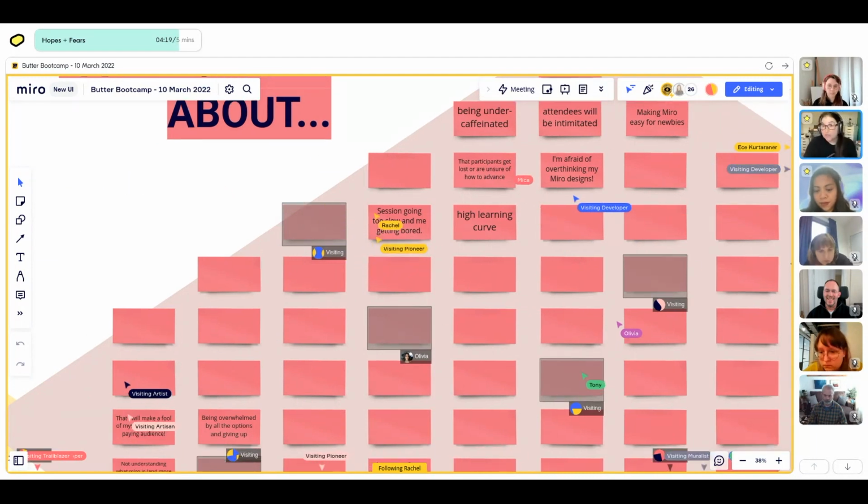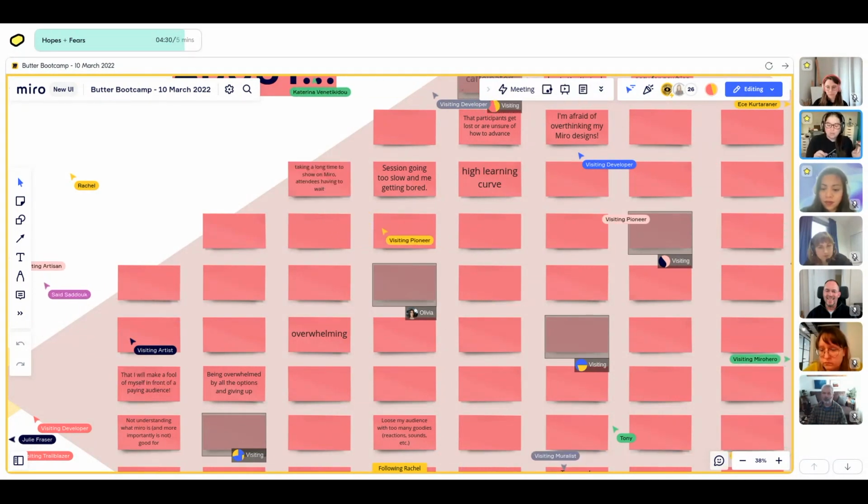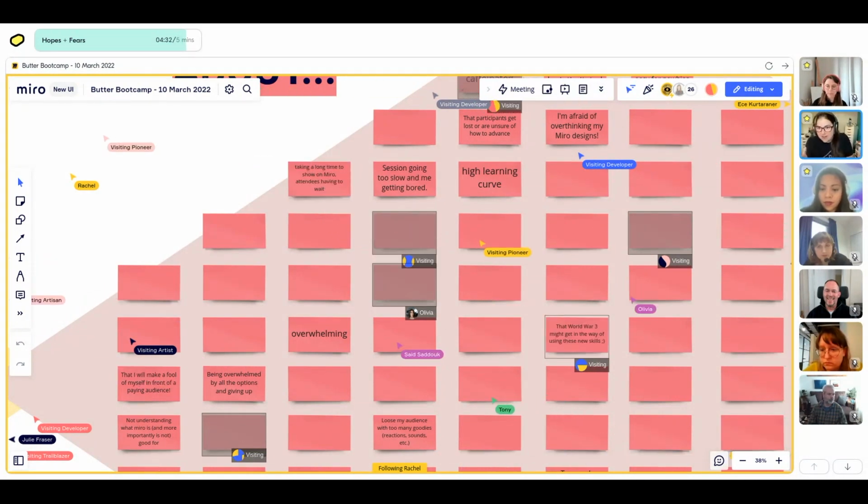High learning curve. So yes, one of the things that you want to do is assess the technical ability of your participants. First of all, what's their risk aversion with new technology? What's their technical ability? And then you could think about,